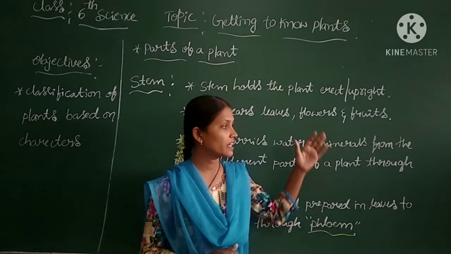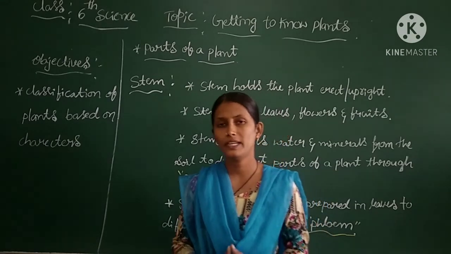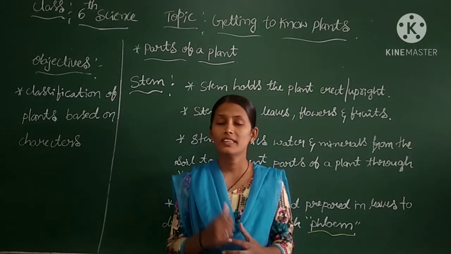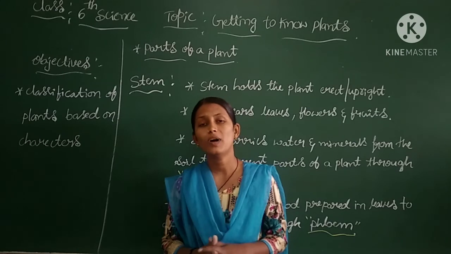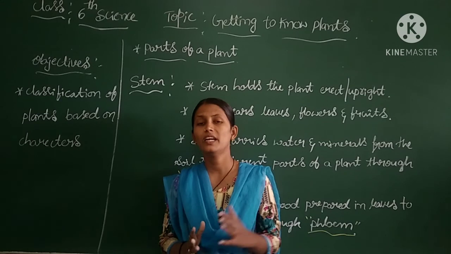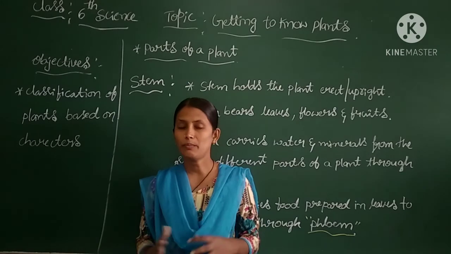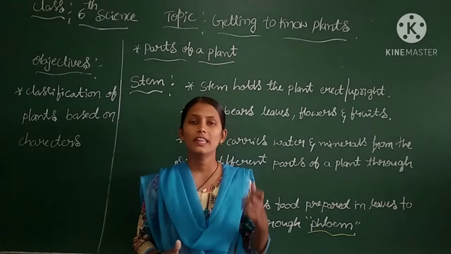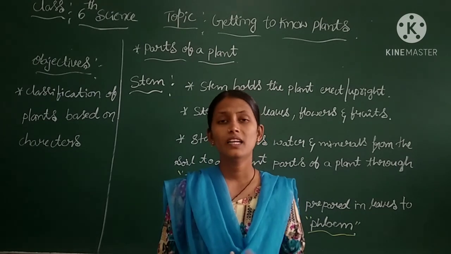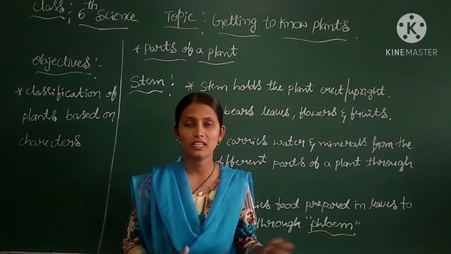Yes, my dear children, by learning all these points, we will wind up our class. Before winding up, we will recall what we have learnt in this class. We have learnt about the classification of plants based on their characteristics. We classified the plants as herbs, shrubs, and trees, depending upon a few characteristics. Later we discussed the plants which have a weak stem and are unable to stand upright. Those we classified as creepers and climbers.